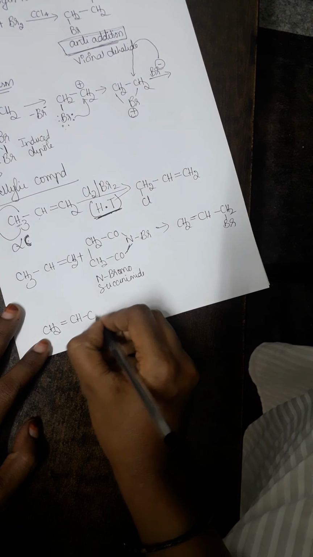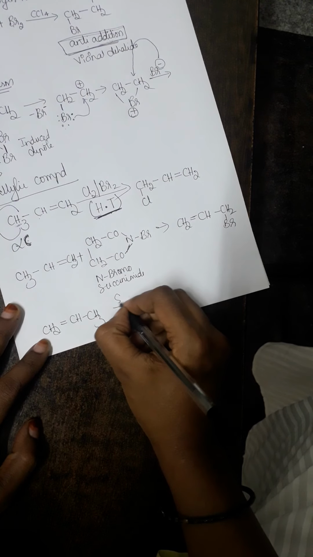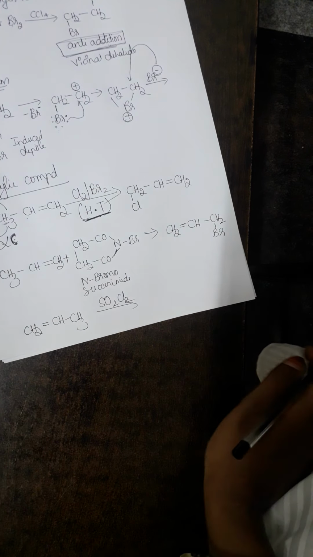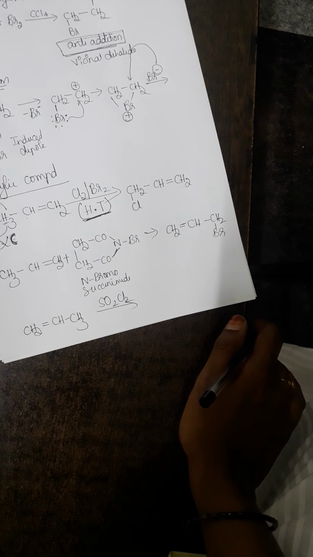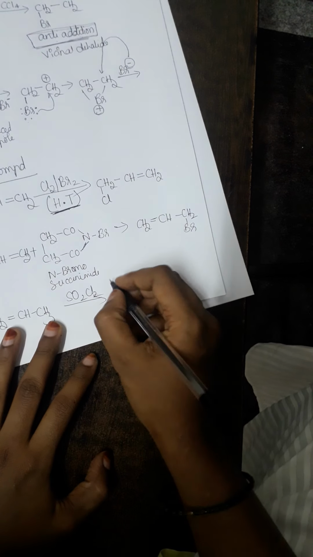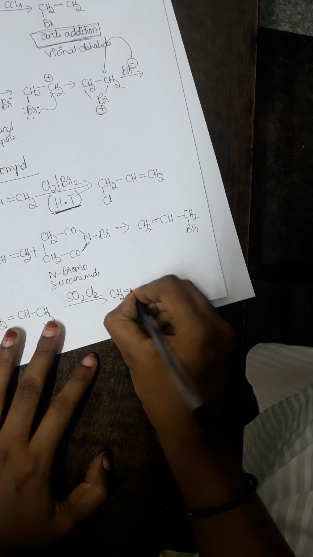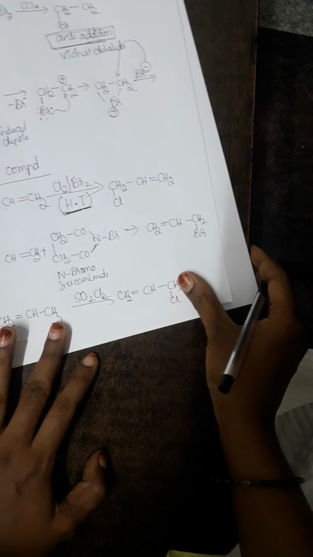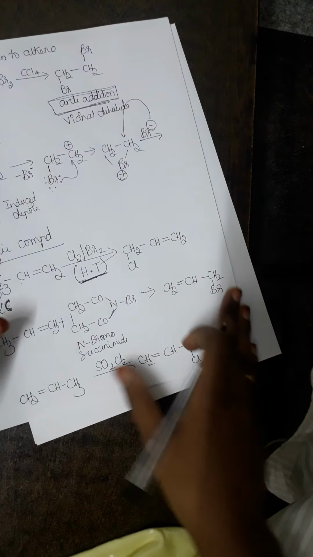What is sulfuryl chloride? It is nothing but SO2Cl2. This is also another reagent which is frequently used for allylic halogenation. So here you can end up with a chlorination. Got my point? Therefore here CH2 double bond CH CH2Cl. Okay, fine. So this is regarding allylic compounds undergoing the halogenation reaction, converting them into alkyl halides.